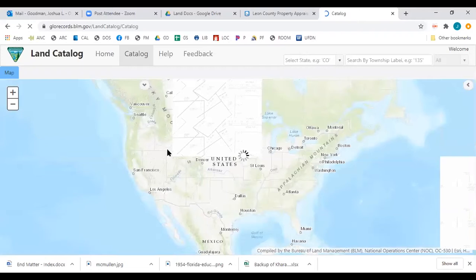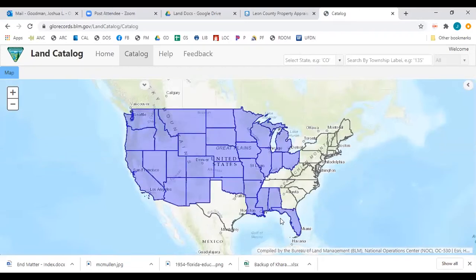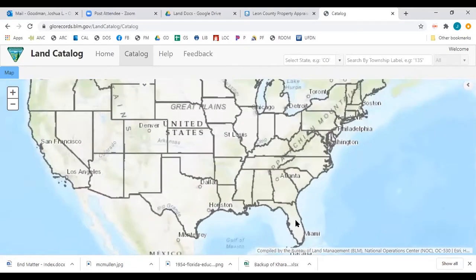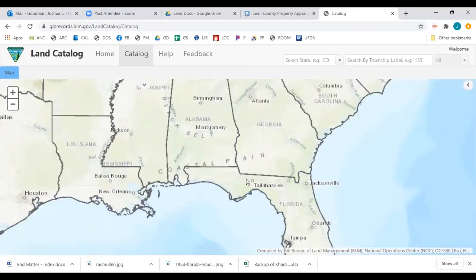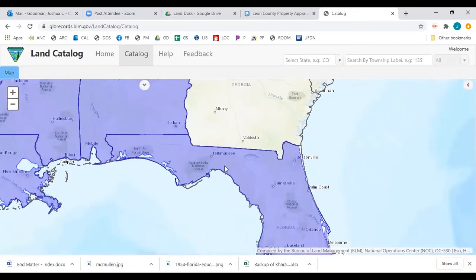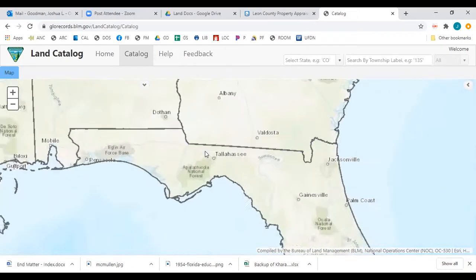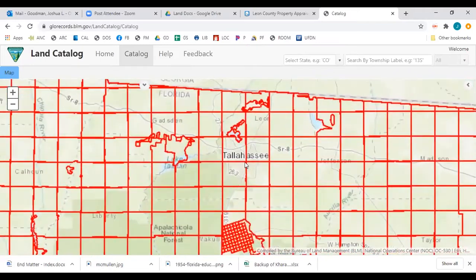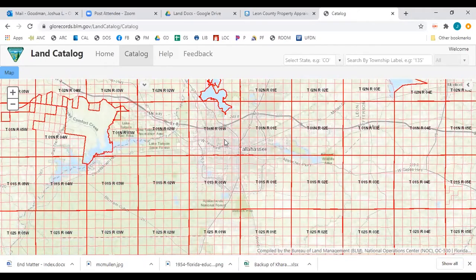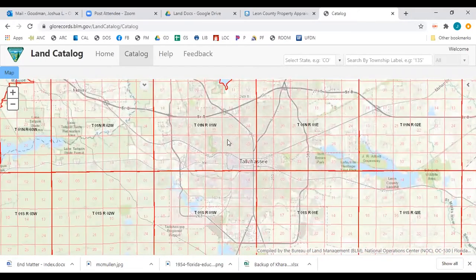All right, so when we go into the land catalog, it's going to take us to a nice big version of this map, but it's zoomable. So here we go. You'll see that overlaid on this map is a nice, pretty little satellite map that actually shows you most of the modern highways. It's even going to give you street names when you get down into Tallahassee. And you'll notice that when you get in close, they're actually giving you the township and range numbers and the section numbers. Isn't this way easier than using the old map from the 1840s and 50s?